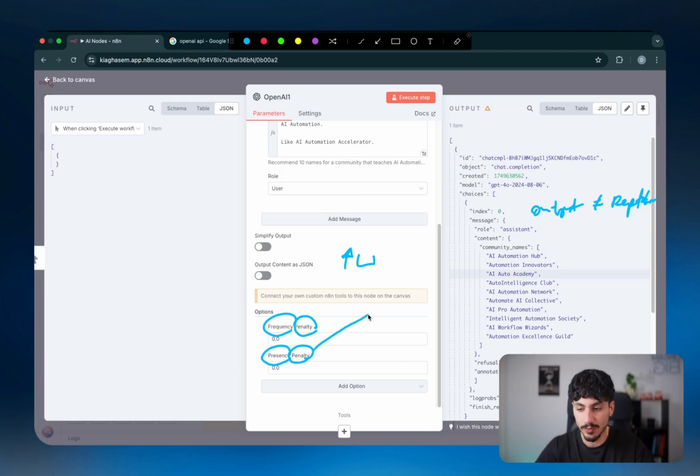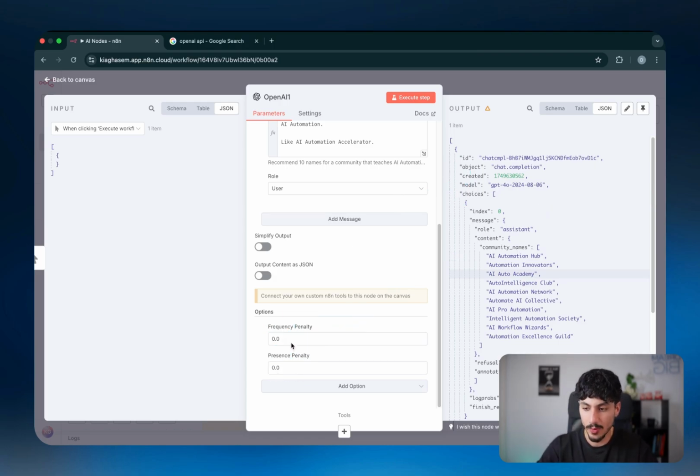And so generally with presence penalty, it doesn't just make sure that it's not repetitive, but it also makes sure that the output is going to be very dynamic. And it's very useful for creative tasks or brainstorming because it tells the AI to never mention the same concept twice. So the AI will make sure that it's really thinking out of the box if you have the high